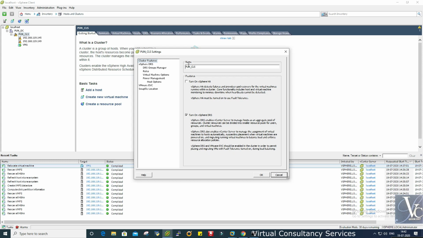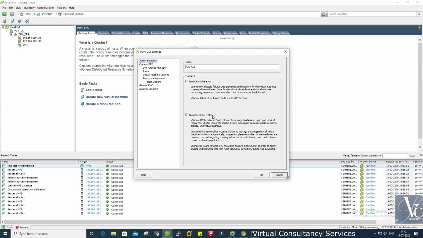Okay, that is the vSphere HA. And what is the vSphere DRS? vSphere DRS is used to manage your resources, like CPU, memory utilization or storage utilization. Storage utilization is a different DRS, called storage DRS.